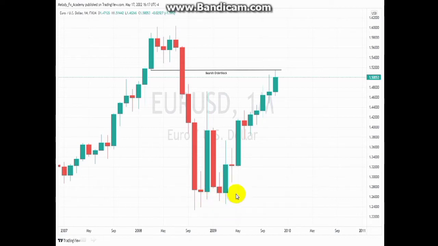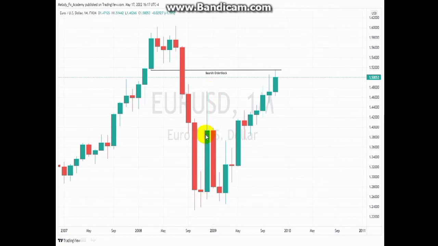In other words, smart money has already accumulated the liquidity that was resting below this old low, below the bodies of the candle, but we still have liquidities that are resting below the wicks. Right now the ones resting below the candle bodies have already been accumulated by smart money, and we are in discount. Okay, so where do we say smart money are going to buy? They are going to buy in discount and sell in premium.